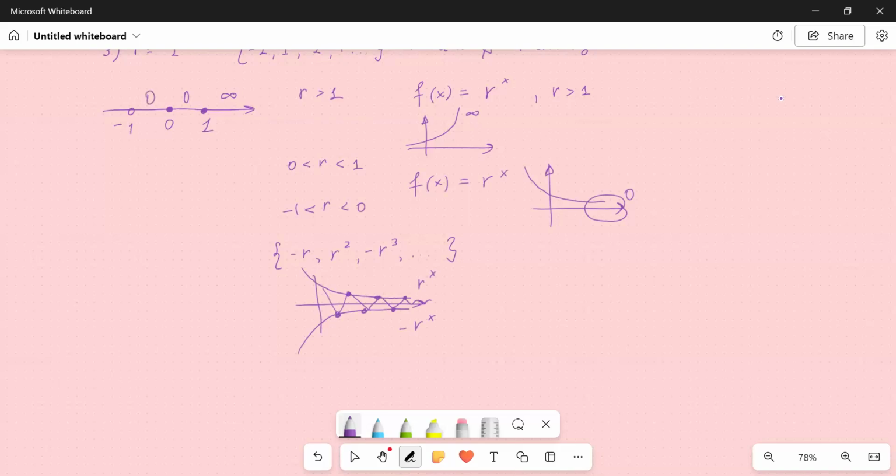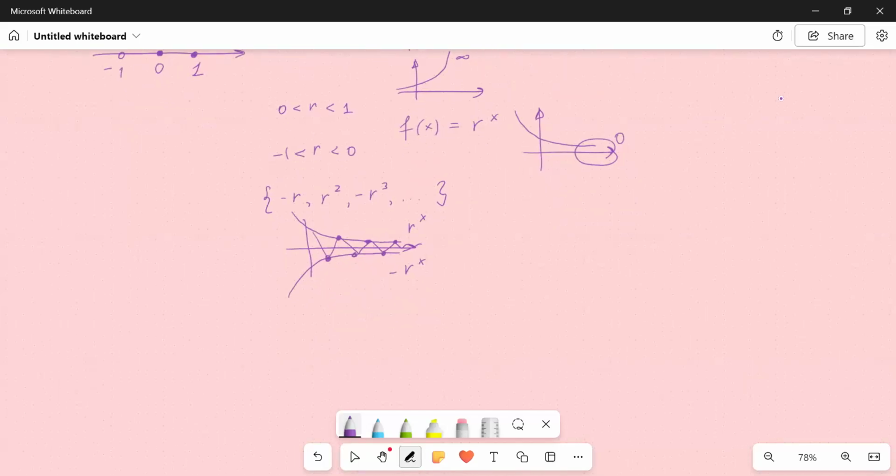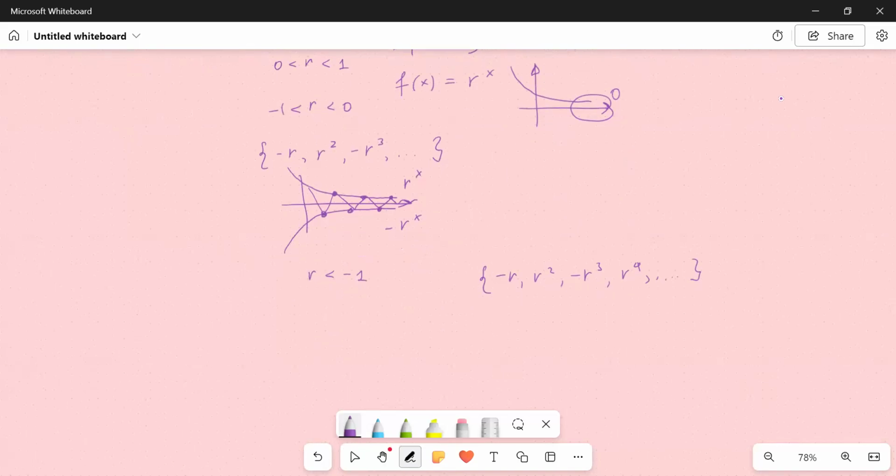The last case we are going to consider is when r is less than -1. We are going to have f of x. Well, it's again not one f of x; I'm going to draw two, actually. The terms are going to be very similar to this one: -r squared, -r cubed, r to the power of 4, and so on. If I graph these numbers, because r is greater than 1 by absolute value,